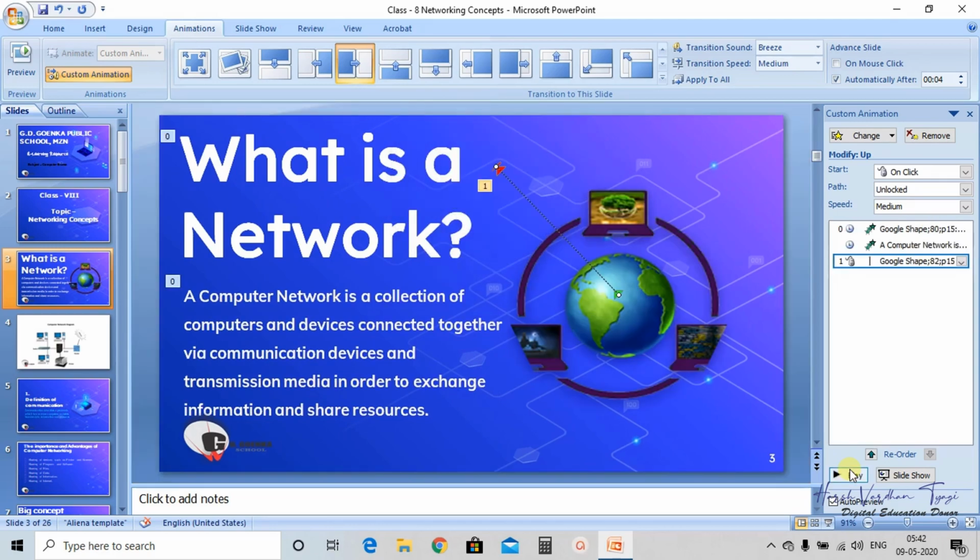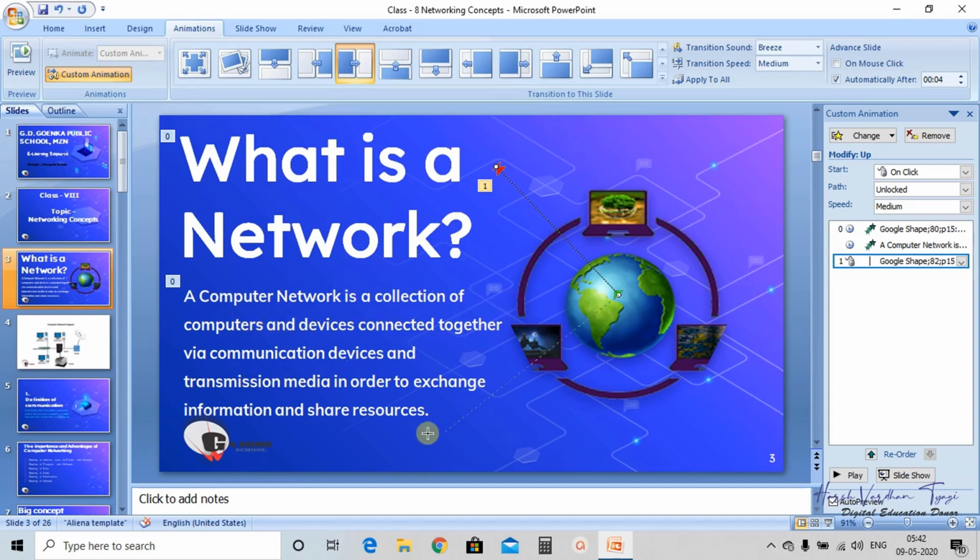The motion path means that whatever path you decide for your object, any image or text, the object will follow that particular path to move around.